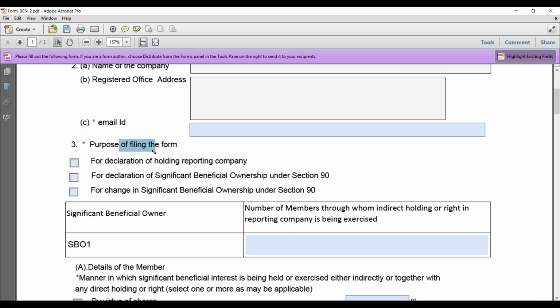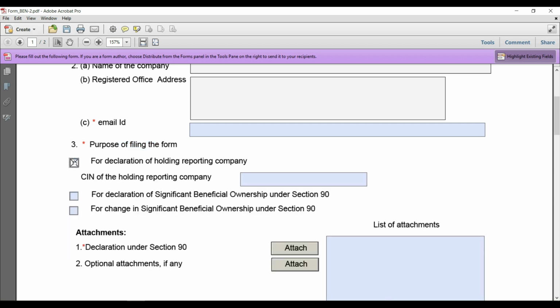Okay, there was an exemption also, in regard to the ultimate holding reporting company. Then we have to select the option accordingly. If we select the first option, for the declaration of the holding reporting company, then we have to mention the SIN of the holding reporting company over there, then file this form. And the declaration of the holding reporting company is according to Rule 8 of the SBO rules,